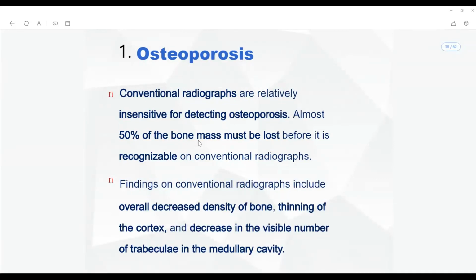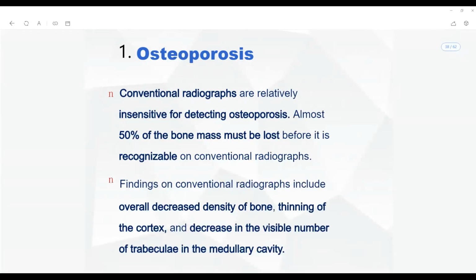So the gold standard test for recognizing osteoporosis is the BMD scan. Okay, bone mineral density scan, or you can also call it a DEXA scan. Okay, this is the gold standard test. BMD scan, the bone mineral density scan, or DEXA scan, is the gold standard for diagnosing